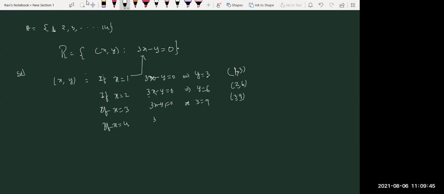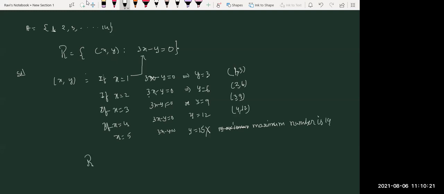12, very good. Only a few members are giving answers. Everyone has to say. X equal to 5, 15. But we can't take this. Tell me why. The set only goes from 1 to 14, it does not have 15. What is the maximum number in the set? 14. The maximum number is 14, so we can't take more than this.